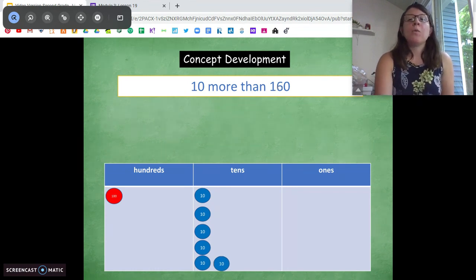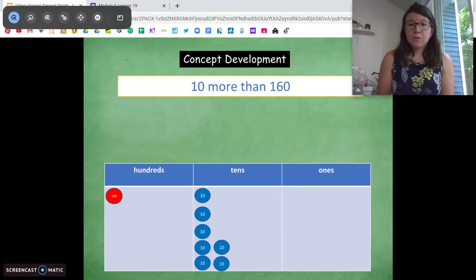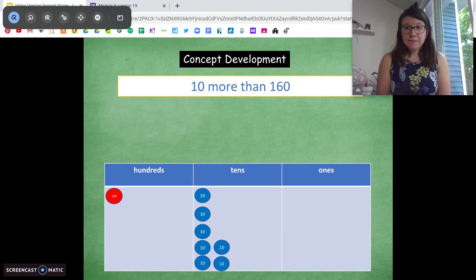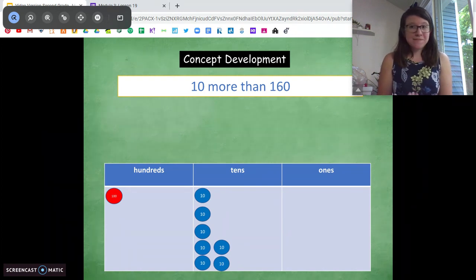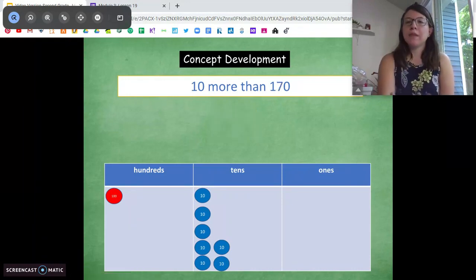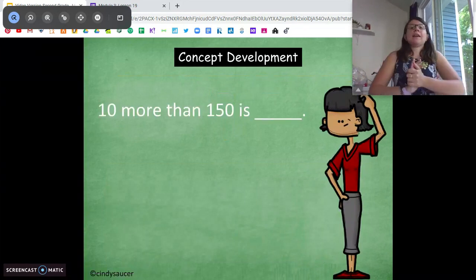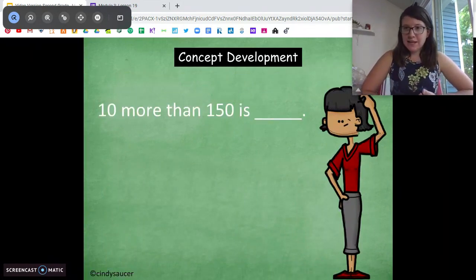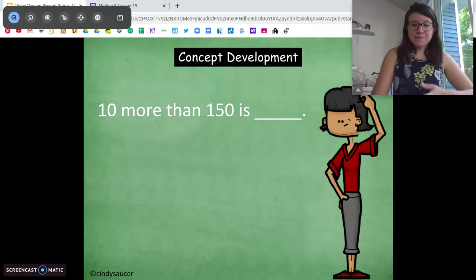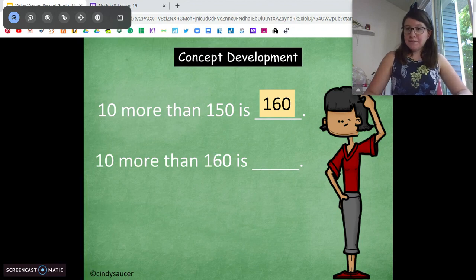160. Very good. What is 10 more than 160? Add that place value disc. I already added mine. What's 10 more than 160? What'd you get? 170. Awesome work. What's 10 more than 170? Add that place value disc. Very good. 180. Okay, so let's go over that. 10 more than 150 is 160. Beautiful. 10 more than 160 is